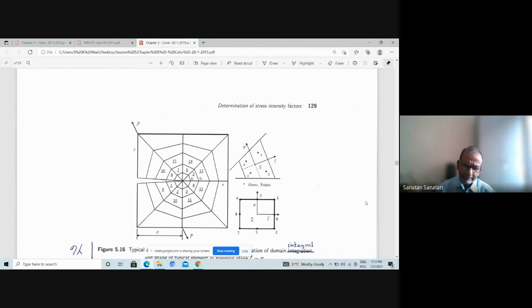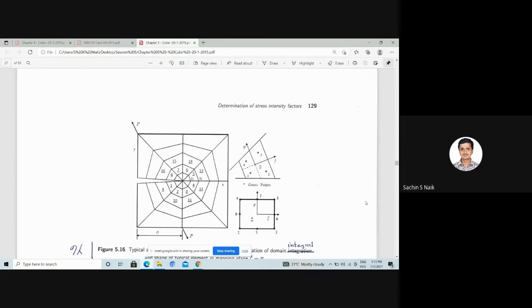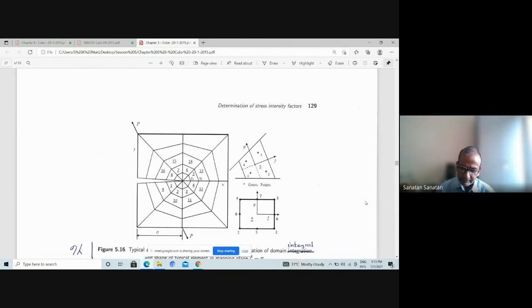Now just think that you have a three-dimensional body, a rectangular block. Think of a penny-shaped crack inside the rectangular block. You think of X, Y and Z axes, and your crack is a penny-shaped crack. It's like a disc inside. And that disc, if it is at an angle and the loads are acting in the Cartesian directions,